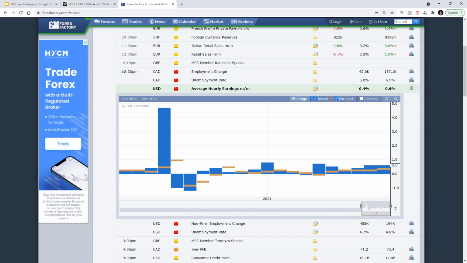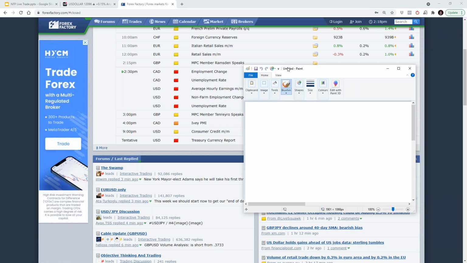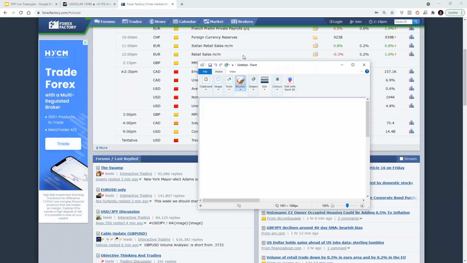In terms of how we're going to approach the trade, we're not going to put on a position before the announcement. We're going to put it on after the announcement, and it's going to be as follows. I'll just bring up my Microsoft Paint here.